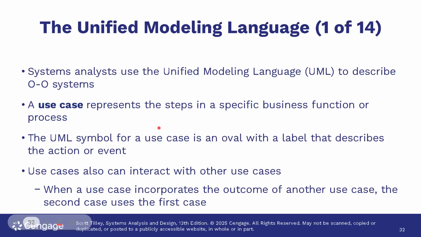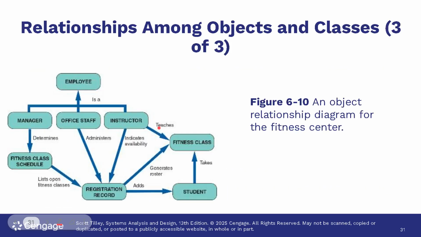Let's see if I have other examples. I don't have other examples of an object relationship diagram. But I can see where you kind of get lost in what the objects are, and that's why I'm suggesting you can get a little help. What would the objects be? Think to yourself what objects are in an interaction with a Bible